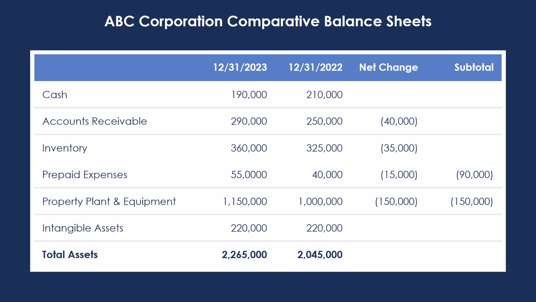In the next line item, property, plant, and equipment went up to $1,150,000 from $1 million in the prior period, an increase of $150,000 and a use of cash of $215,000. Why $215,000? Our equipment account went up by $150,000, but went down by $65,000, the depreciation expense. Allow yourself to be confused at this point. Actually, in a previous slide, we said equipment purchases went up by $215,000.